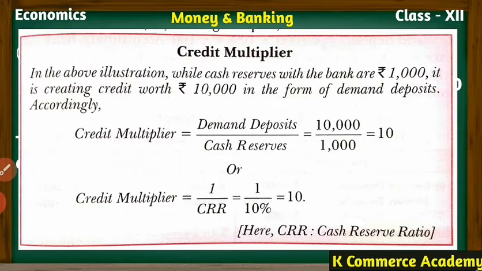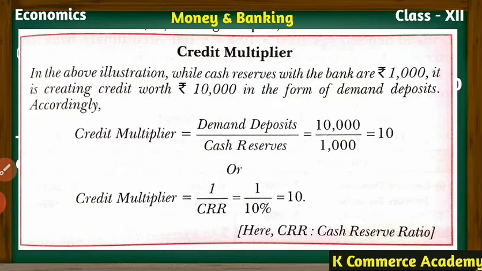Important thing is this 10,000 has been created in the form of demand deposits. Accordingly, credit multiplier can be calculated as demand deposits upon cash reserves, that is 10,000 upon 1000 equals 10. Or credit multiplier can also be calculated as 1 upon CRR, that equals 1 upon 10% equals 10